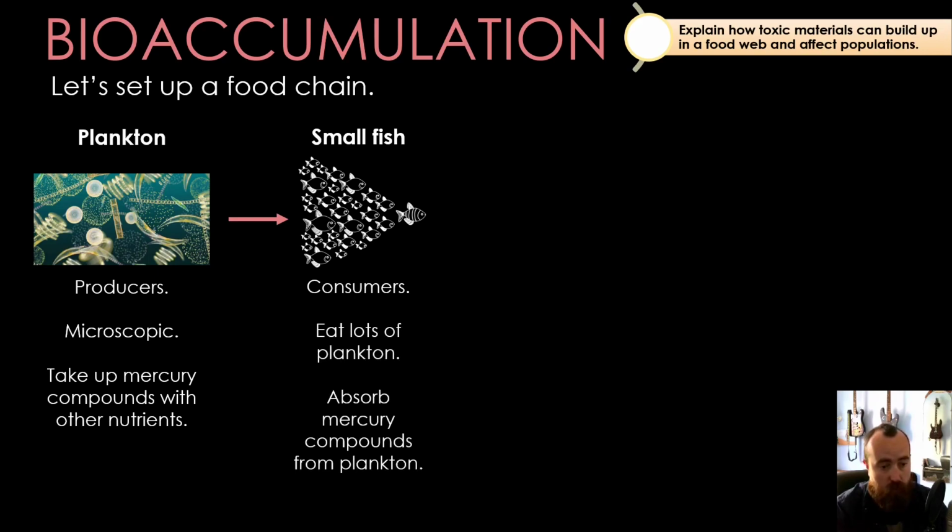And they will absorb the mercury compounds from the plankton. The problem is, though, they don't get rid of them. They don't excrete them. It doesn't come out the other end of the fish. They will build up inside the fish's body. These small fish aren't really harmed because they don't have very much mercury inside them, but it is still building